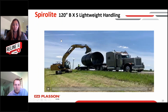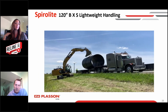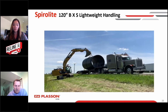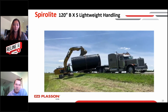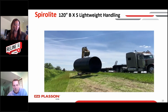Right, here's a video I'm going to show you of the lightweightness of the bell and spigot being handled on a project on I-65 in Indiana. This pipe is going to be offloaded with a conventional backhoe with 120 inch. This was about a 19-foot section of pipe. And when you see this, they're going to bang this pipe pretty good on this truck as they offload it. No damage to the pipe. It's that rugged. No damage to the bells. Other diameters of pipe, if hit like that, as it just did right there, you'd have damage to that pipe, not Spirolite. It is one rugged piece of material, and you can see how lightweight